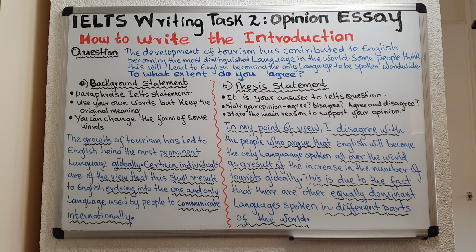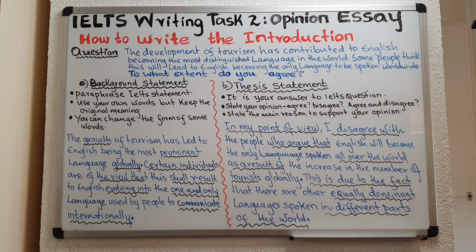But before we begin, I would like to give you some information about IELTS Writing Task 2. The first thing that is important to remember is that you get 40 minutes to write your Task 2. You're supposed to write 250 words. But if you're aiming for a band 8 or a band 9, then I would recommend that you write 300 words. Your Task 2 is worth about 66% of your total writing marks.